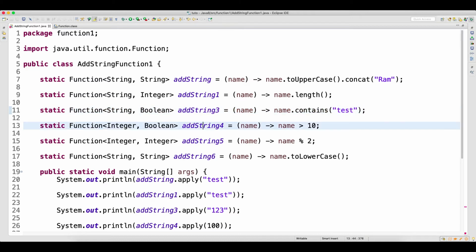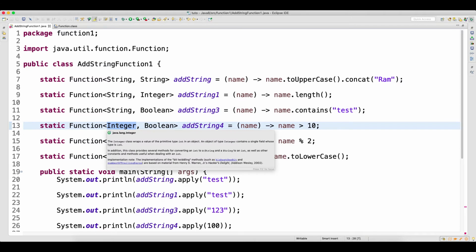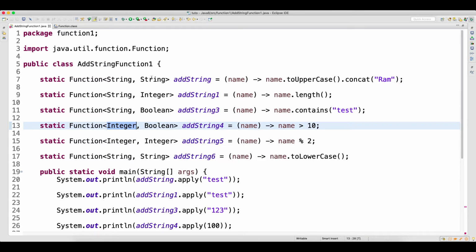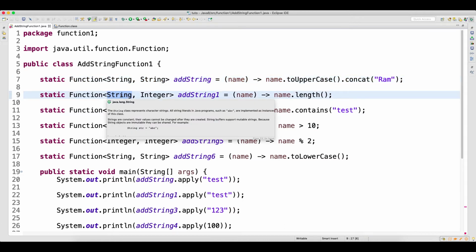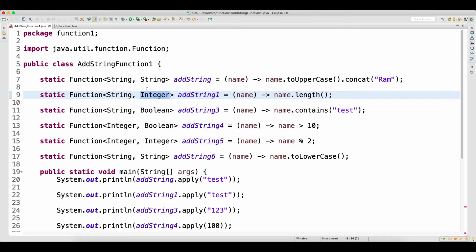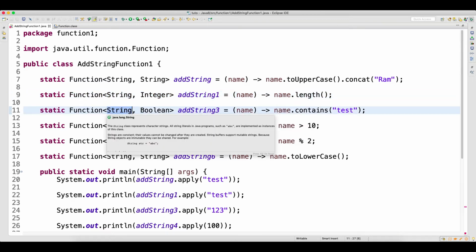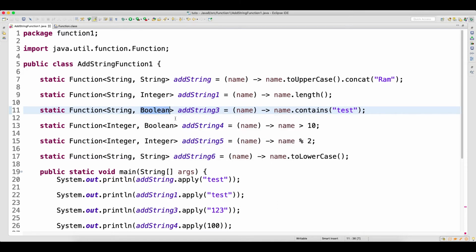But if you call add string 4, this will work, because its input is an integer. Clear? Whatever output comes from the first function, that would be the input to the second function. Whatever output comes from the second function, that would be the input to the third function. Whatever output comes from the third function, that would be the input for the fourth function. Whenever you use andThen, that's how it works.